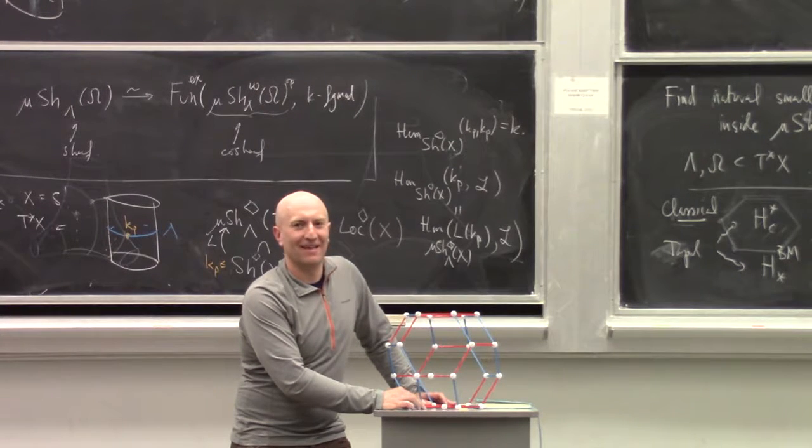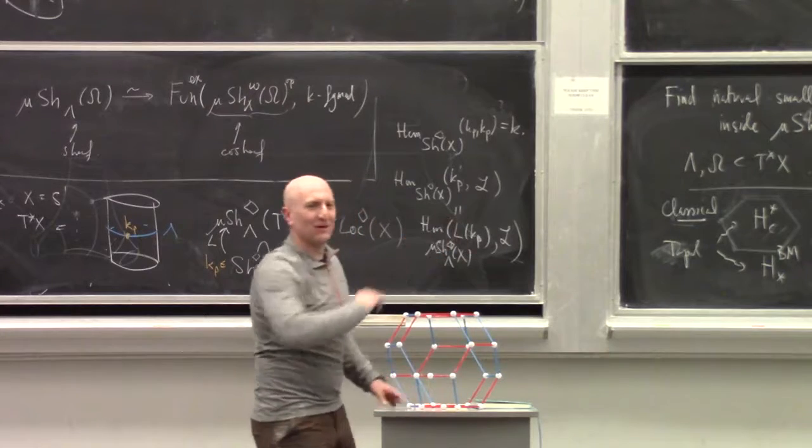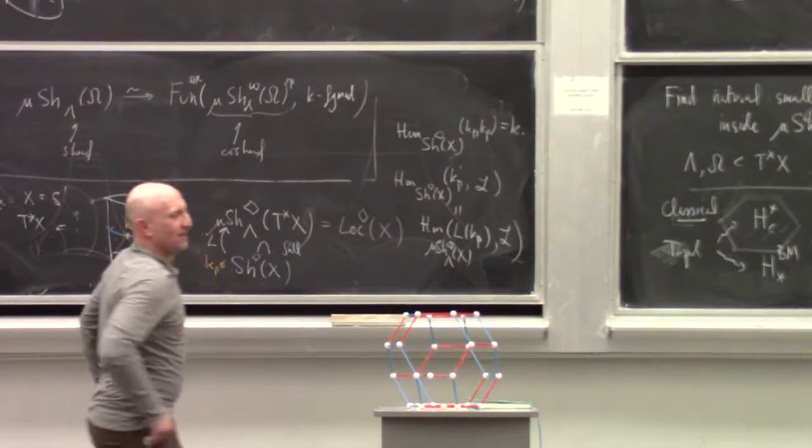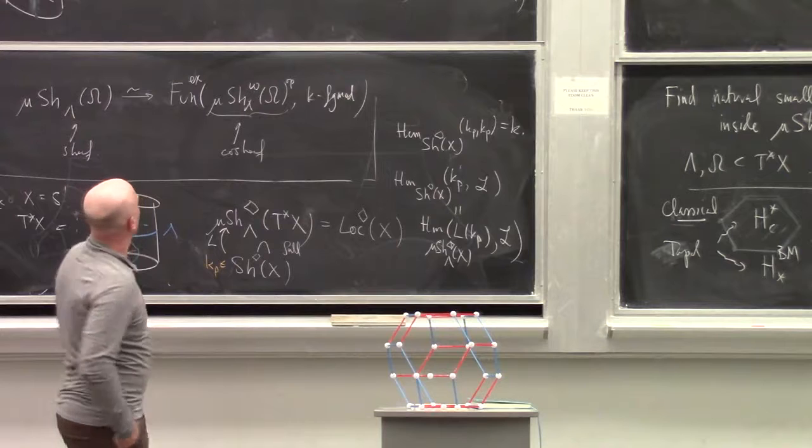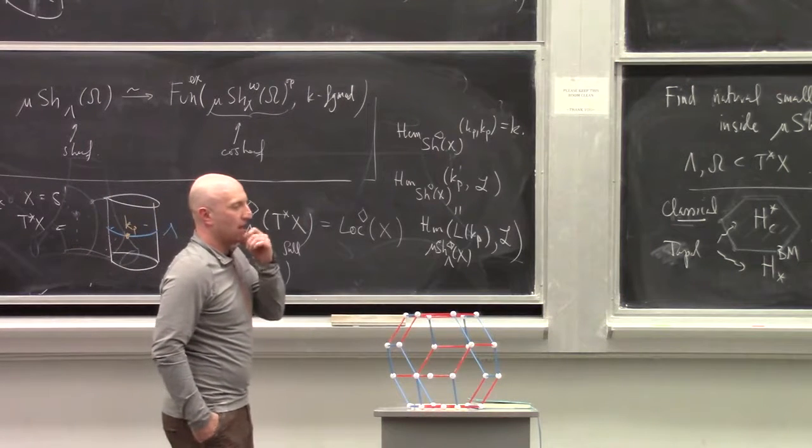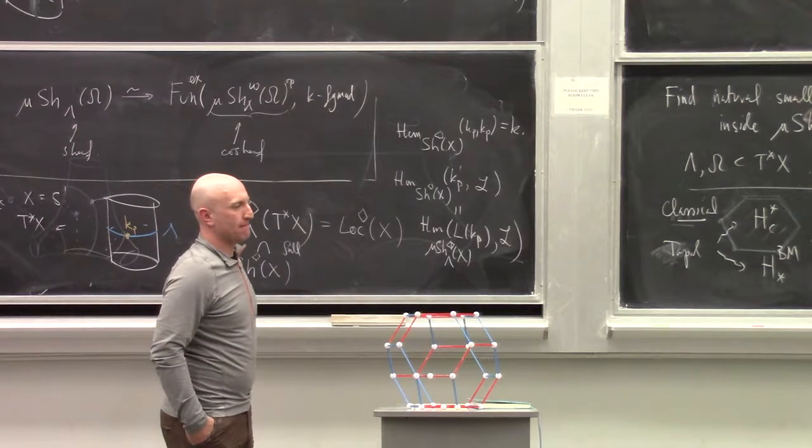Okay, we should stop here. Oh, wait, sorry. So this seems to say that in your category, you always have a much more compact object. And that's something better than Lagrangian Floer theory, because in Lagrangian Floer theory, it may be the case that there is no compact Lagrangian manifold.